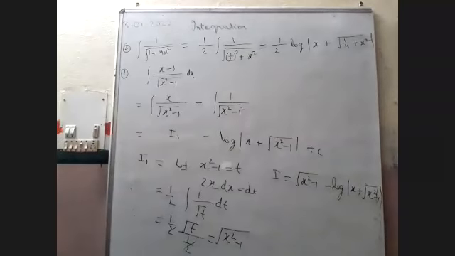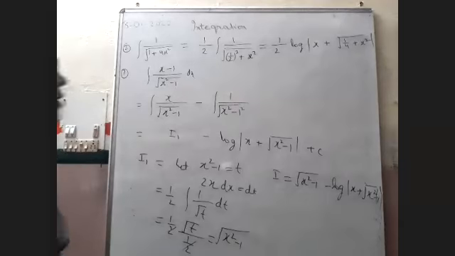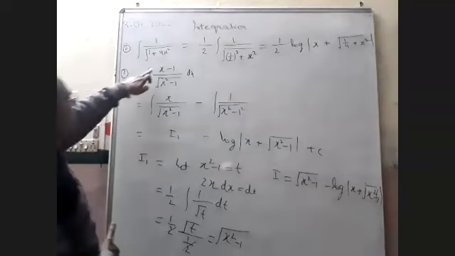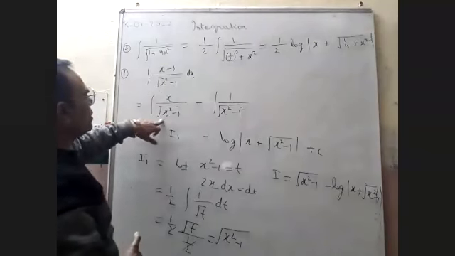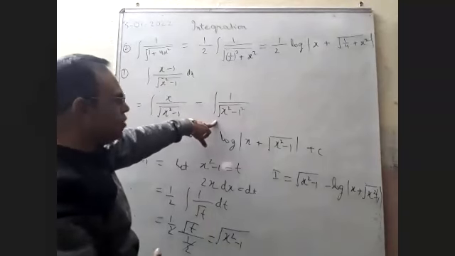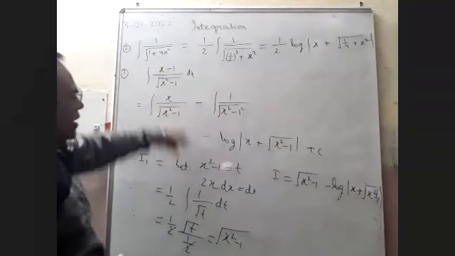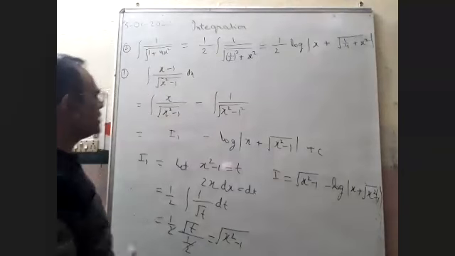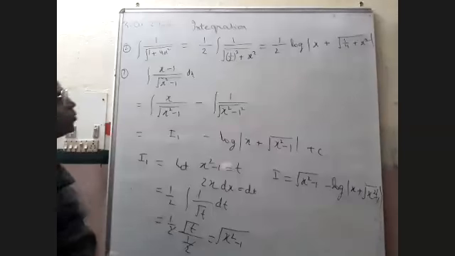Up to question number 6 we can easily convert all the terms into the standard form. But here was the problem. We cannot form it directly in that form because in the numerator we have two terms. So first of all we separated both the terms. This was directly in the standard form. We have applied the formula directly here. Here we assume x square minus 1 is t. After that we get the integral form. Then we integrate it.